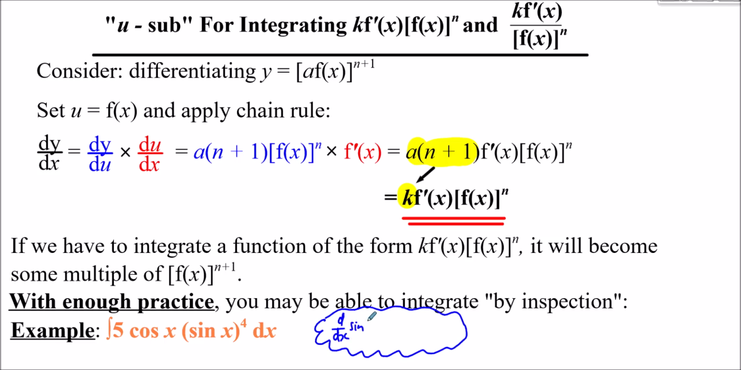So if I call this, give myself a bit more space actually. If I just were to call this differentiating u to the 5, where u is sine x, and use a chain rule, you should hopefully see that dy by dx, differentiating sine x